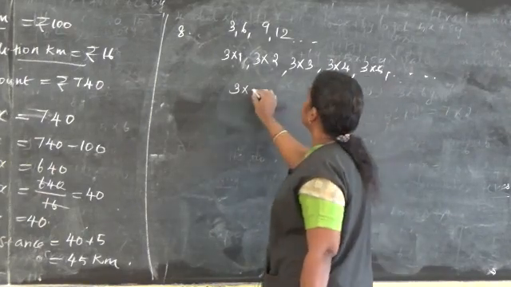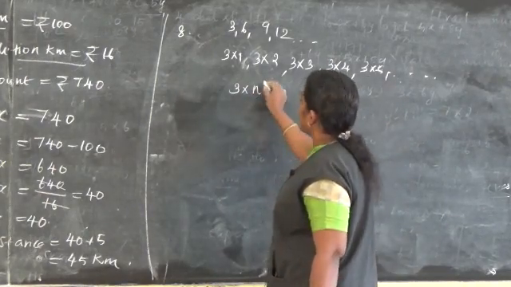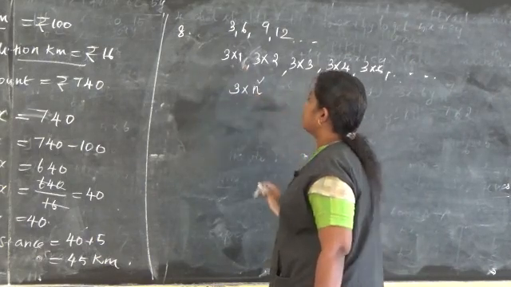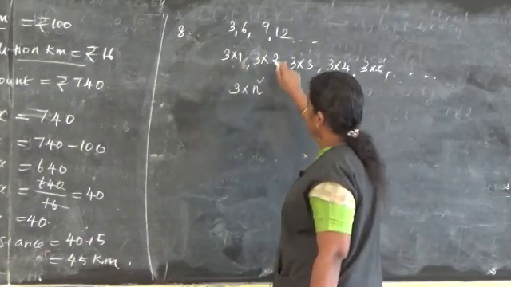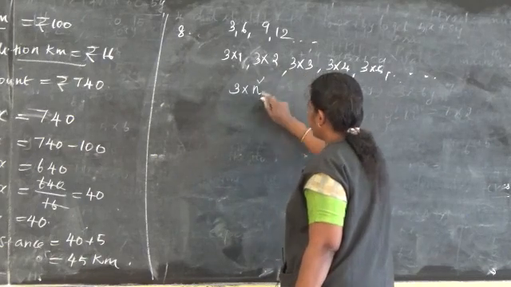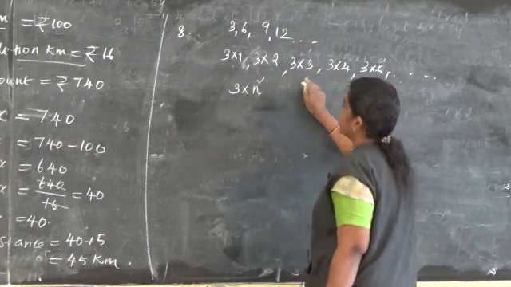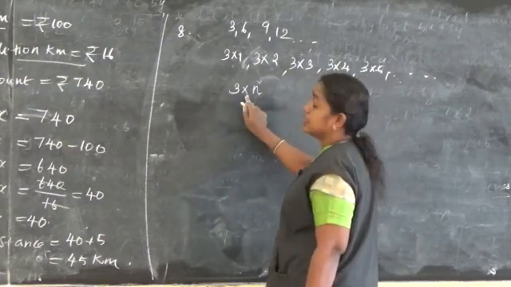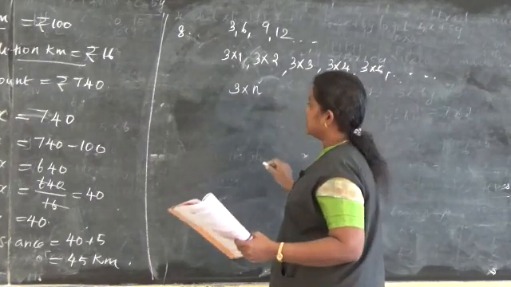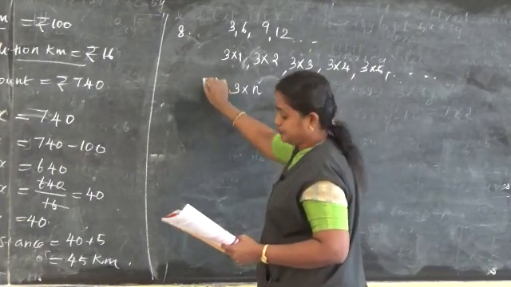You know very well. So I am taking here n. If you are assigning the value 1, you will get the first term. If you are assigning the value 2, you will get the second term. If you are assigning the value 3, you are getting the third term. So generalization is 3 into n. That option, the third option, is given to you.